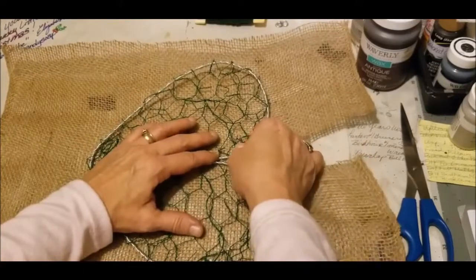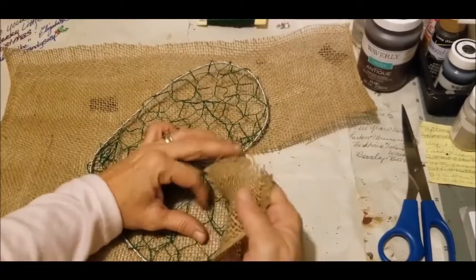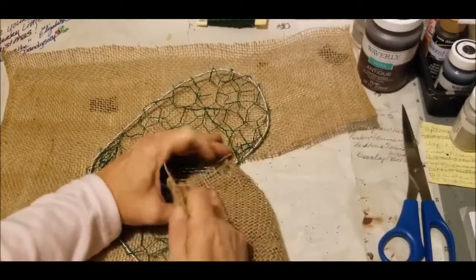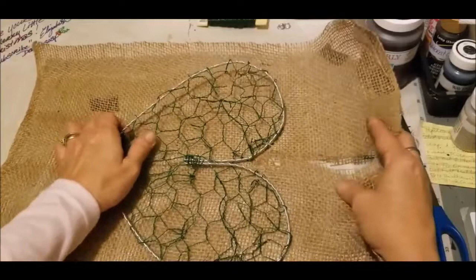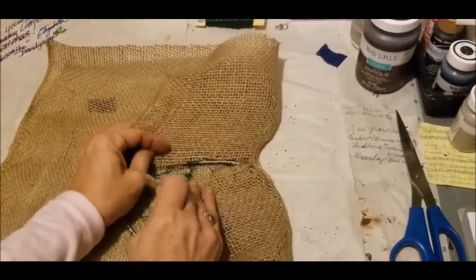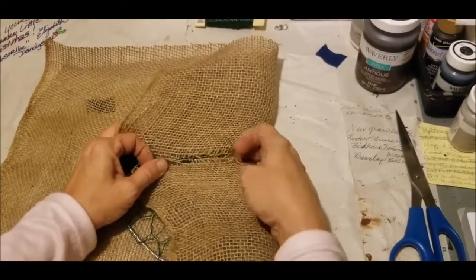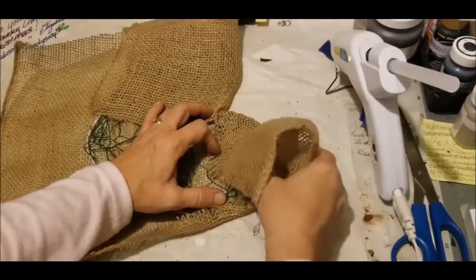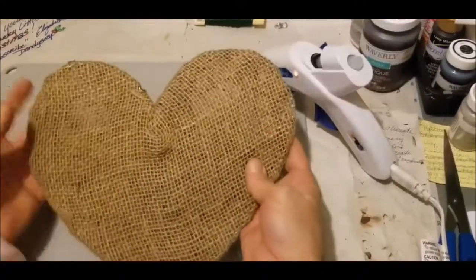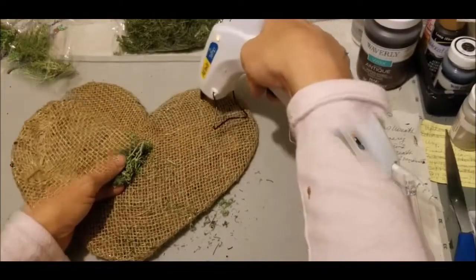What really makes the heart apparent is the arch. And so I will start up there first. That way, if I need to slide down any extra to get that insurance that those are going to come over properly and buckle down, then I will have that extra to do it with. You can get your heart wrapped. If you've gotten your burlap wrapped around your heart and you've got it glued,